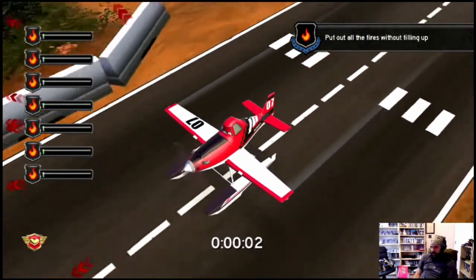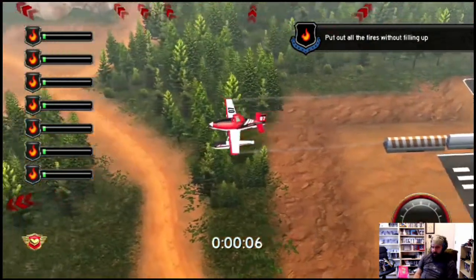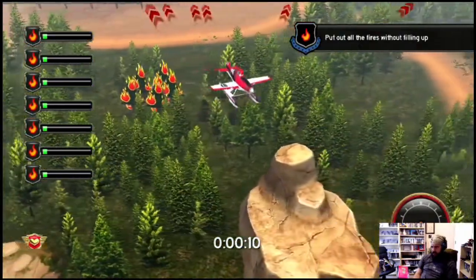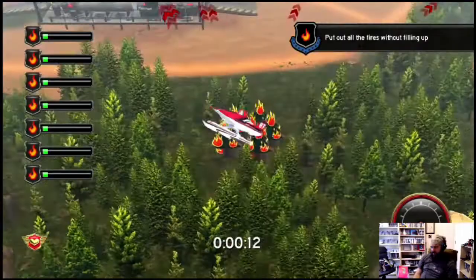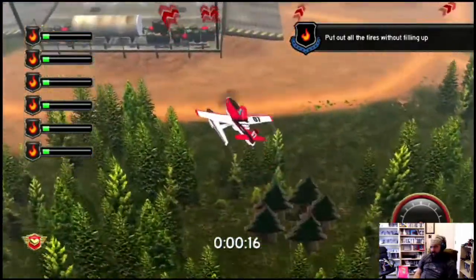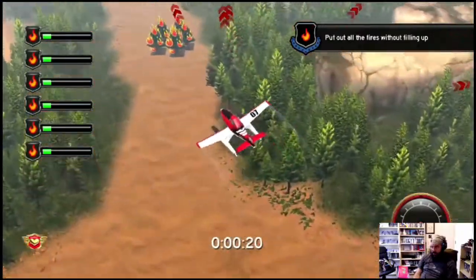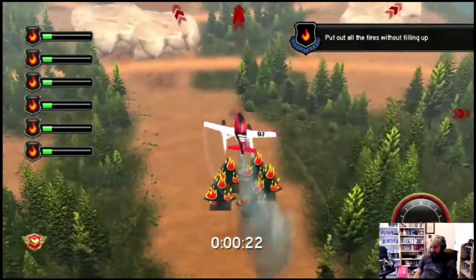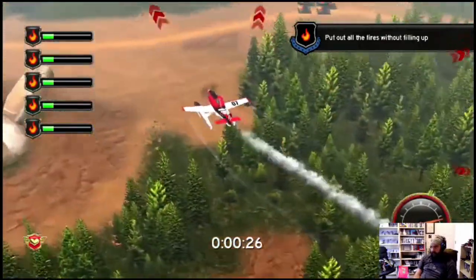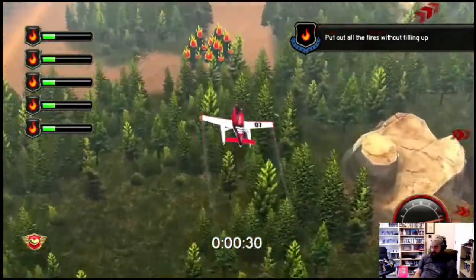Alright, so we've got to put out fires with just this tank of water. Alright. Okay. Ooh. Alright, see, this makes no sense. Why am I flying this? Okay. Alright, so fires are fairly easy to put out. Flying over stuff. Just try to make a lap of it and come back for...